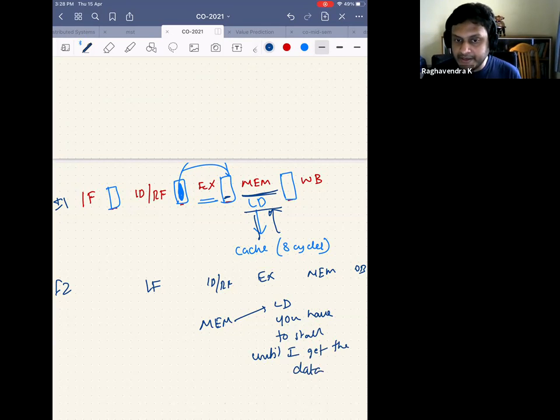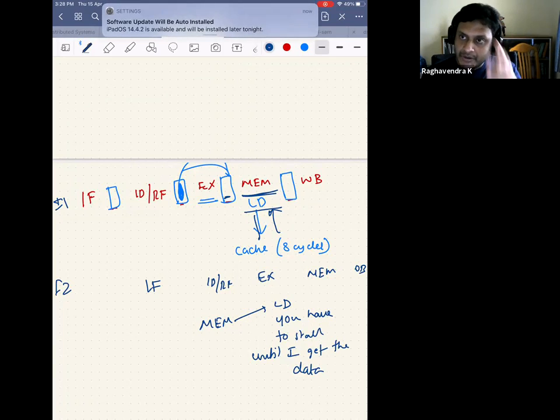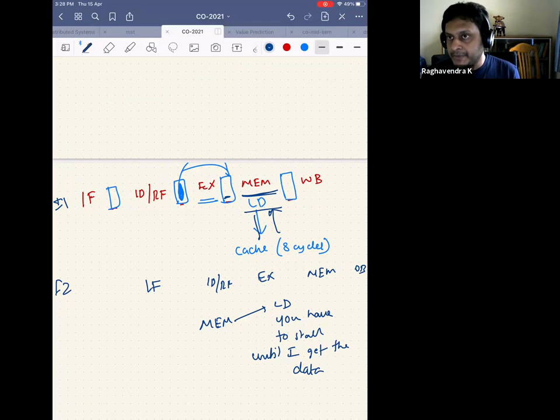So this should be clear. Is it clear for everybody? If you are not clear, please let me know. I can explain again, but it should be very clear in your mind that if in the pipeline a memory operation issues a load, until the load fetches the data from the cache or the main memory, that particular instruction stalls, and all other following instructions stall wherever they are, because you cannot plug out something from the pipeline register.